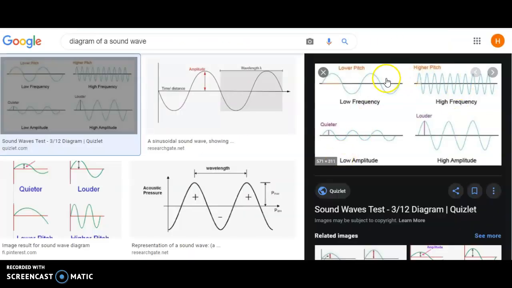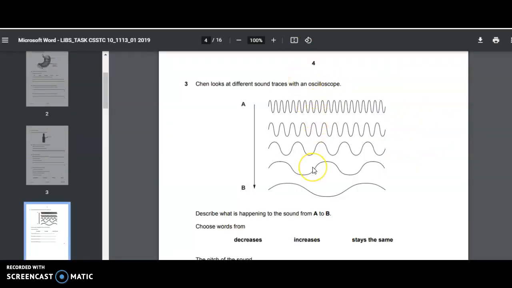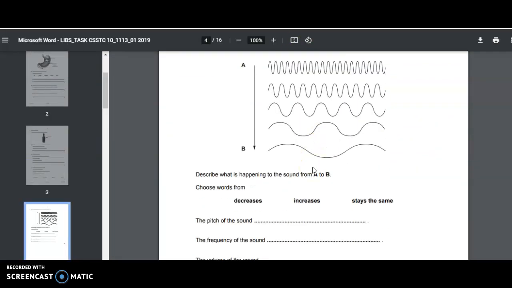And when we look at this, this is what a lower pitch, low amplitude wave looks like. Higher pitch, high frequency, right? Lower pitch, low frequency, higher pitch, high frequency, low amplitude, high amplitude. This is what you need to understand this question. So we need to put decrease, increase, and stays the same when we're going this way. So when we look at